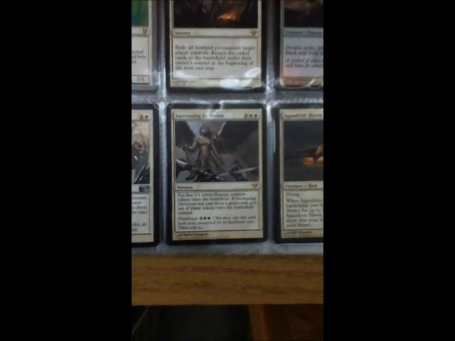White Sun Zenith, Windborn Muse, Japanese Rhino Dude, Mythic from Conflux, Little Girl, always makes me laugh. Sudden Disappearance, 2 Mirran Crusader, 1 is foil, a couple of Timely Reinforcements, an Increasing Devotion, yes, playset of Squadron Hawk,